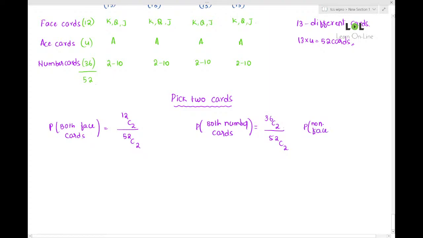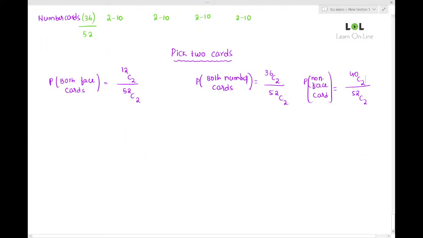Suppose I put you in something like this, probability of non-face cards. None of the cards must be face cards. So total cases will not change, that is 52C2. Can anybody tell me what the favorable cases are here? I want non-face cards. Perfect, guys. What is it? 40C2. Why? Out of 52 cards, we have to remove face cards. So 12 face cards, we will remove them. What will be there still? 40 cards will be there and we will be selecting 2 cards. So that is 40C2. Okay.